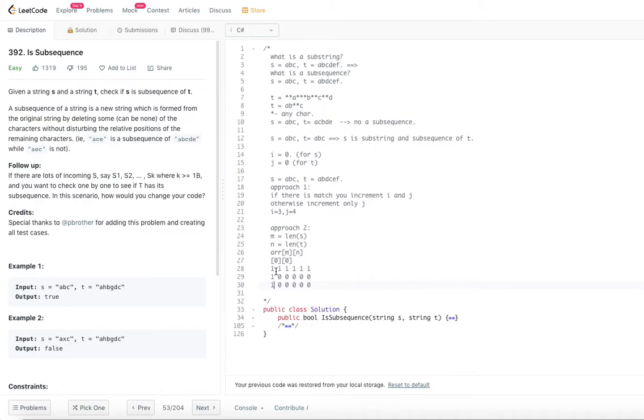Now when we come here, the row number and column number is 1,1. We are checking whether there is a match between the second character in S and the second character in T. Yes, the second character is B and the second character is B here, so there is a match. So that is the question we need to answer in order to proceed further. If there is a match, we simply take the diagonally above element. So what is diagonally above?